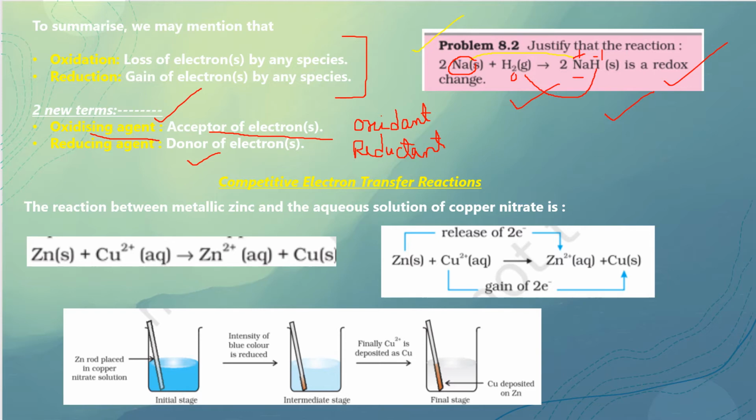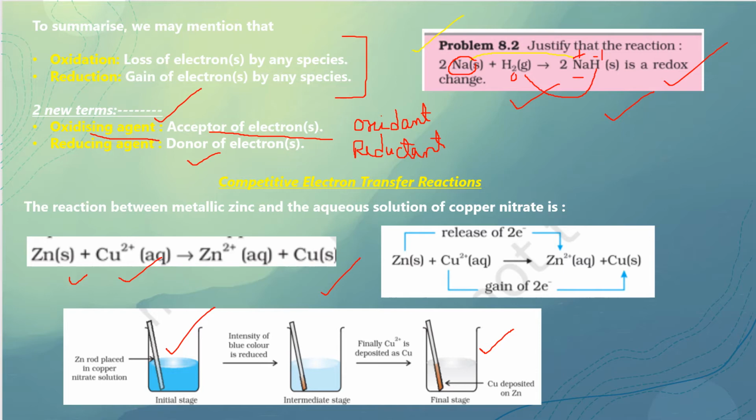You already know about displacement reactions. If you put a zinc rod in a copper aqueous solution, which will appear blue colored, after some time you will see the color is fading away, and finally you will see the copper is depositing on the zinc rod, and the solution is absolutely colorless because of the reaction which has taken place, displacement reaction. Here zinc is losing electrons and converting to Zn2+. Those electrons are taken up by Cu2+ and giving me copper. So that is how the reaction is proceeding.